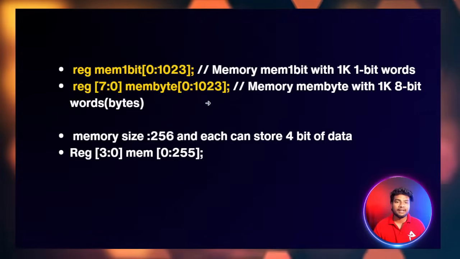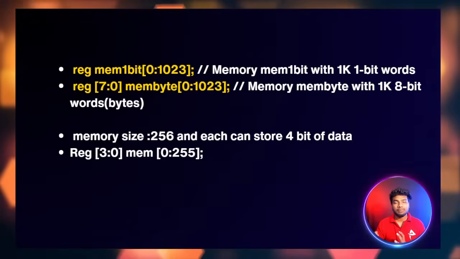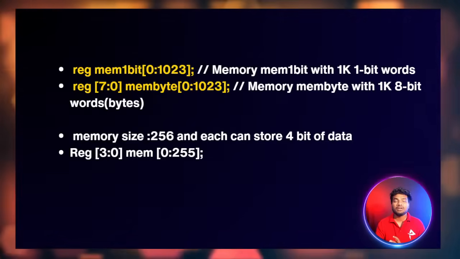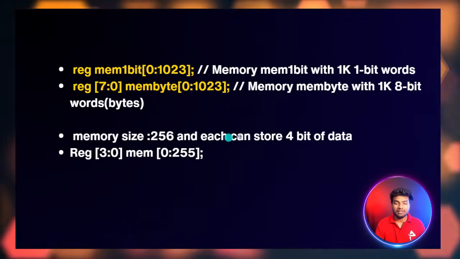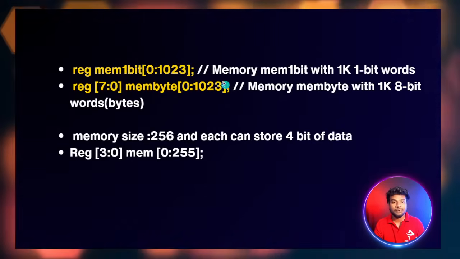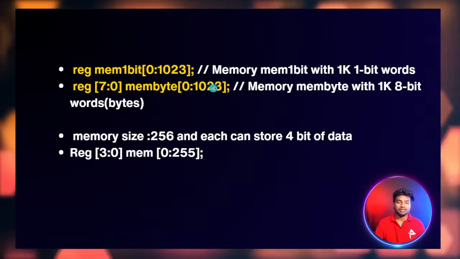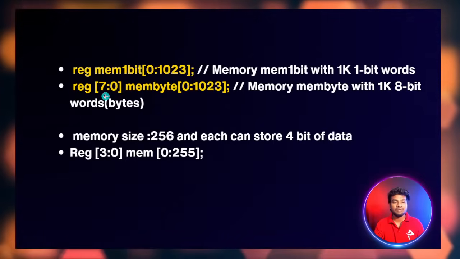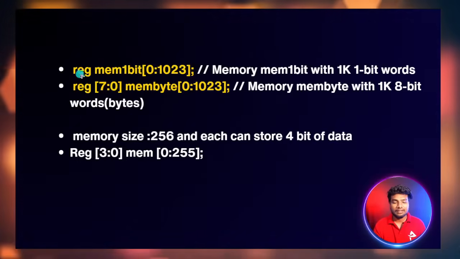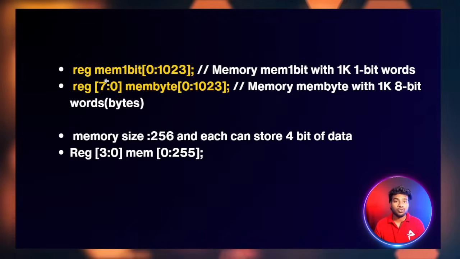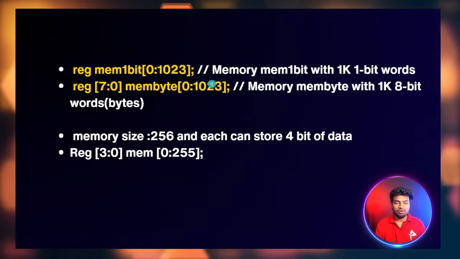For example, if you take a ROM, it has some memory locations. Each and every memory location is capable of storing some data, not n number of bits. It can store 32 bits or 64 bits. Same like that, it has 1024 memory locations. The number after the name refers to the memory locations, and this vector refers to how many bits I can store in each memory location. So this is how array memory is created.